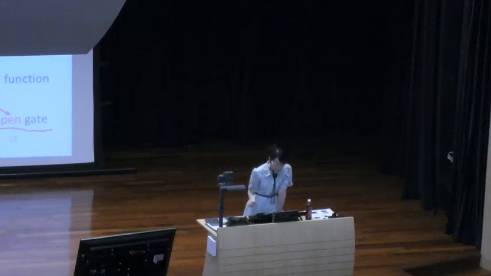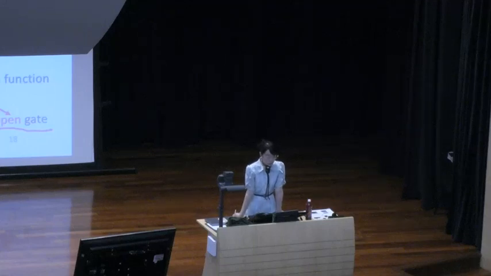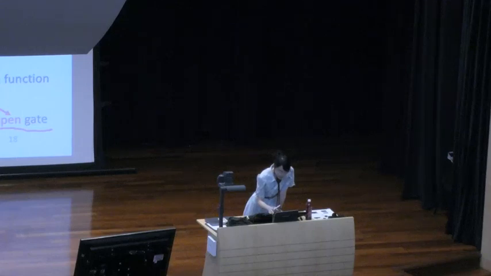Okay? So this is a signal. The ZF is a signal that controls whether we want to open the forget gate or close the forget gate. Okay? And then the output of the forget gate is B,